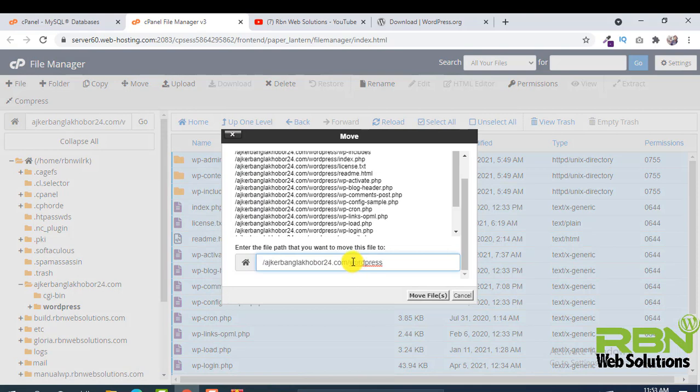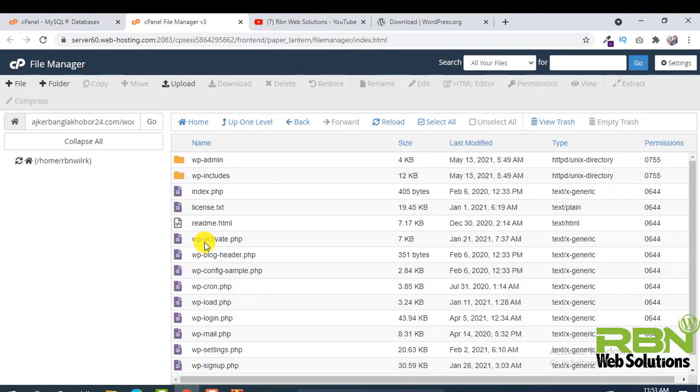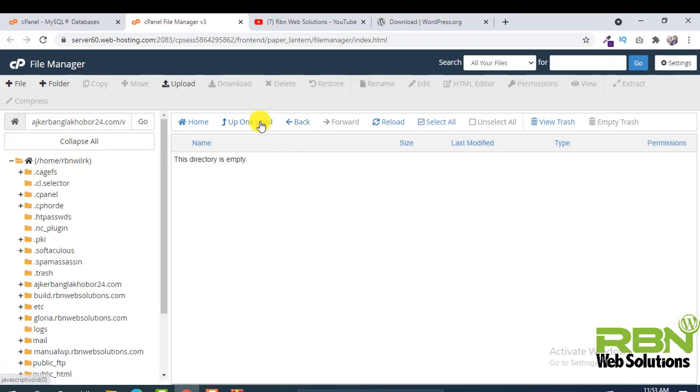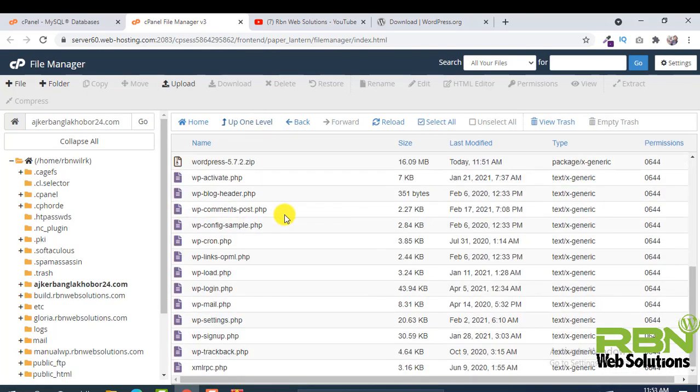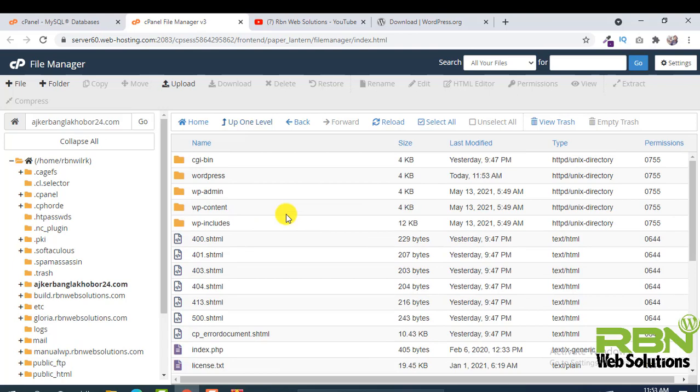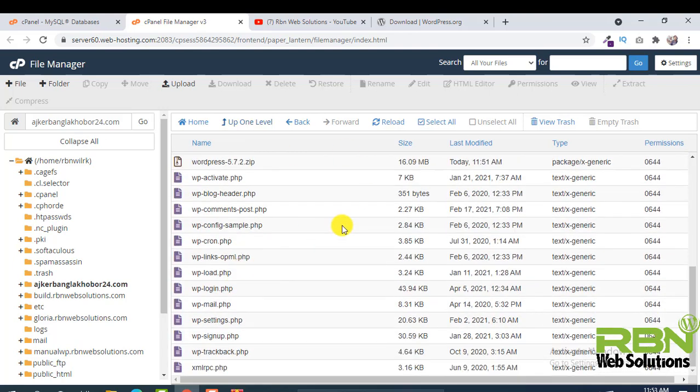So move and then cut the WordPress and move files. Then back, and now you can see here WordPress files.